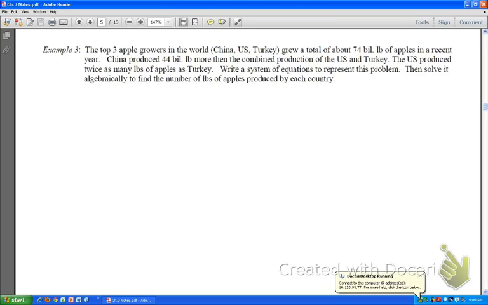Are you always guaranteed to get nice numbers? It might be easy to guess if the solutions x, y, and z are like 3, 4, and 11, right? You can kind of guesstimate when it's nice even numbers. But a lot of times we're talking about money, in which case you might have an answer that's $11.73, and the other answers are also kind of ugly, in which case it's not going to be quite as easy to guesstimate those. So I will always be wanting you guys to solve these by writing a system of equations